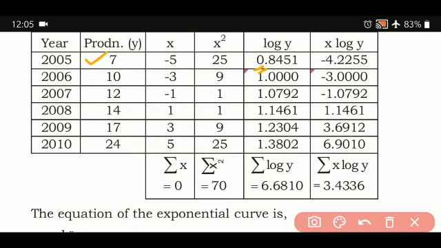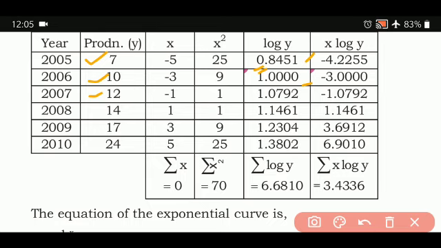Single digit, so 1 minus 1 is going to be 0. Then in the log table you go, 7 is not there, so you will be seeing it as 70, 0 column. 70, 0 column, your Mantissa will be 0.8451. Then next comes 10, which means the characteristic is going to be 1, and for 10 the logarithm value is going to be all, Mantissa is going to be 0.